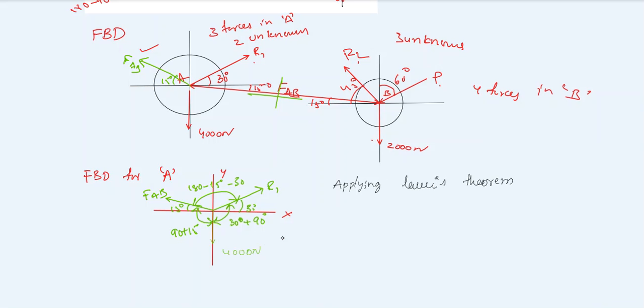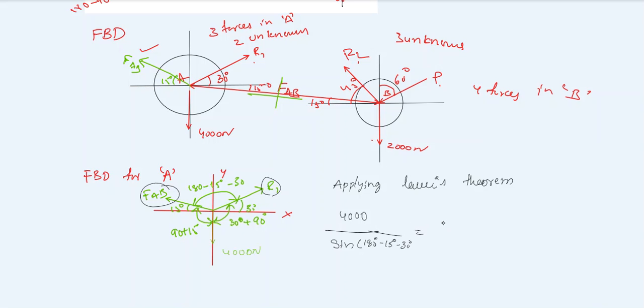According to Lami's theorem, first of all, we have only the 4000 Newton known force. Just write 4000 divided by sine of the angle between the other two forces, that is R1 and FAB. Take the sine of the angle between the corresponding opposite two sides. So the angle between FAB and R1 is 180 minus 15 minus 30. So 4000 divided by sine of 180 degrees minus 15 degrees minus 30 degrees is equal to